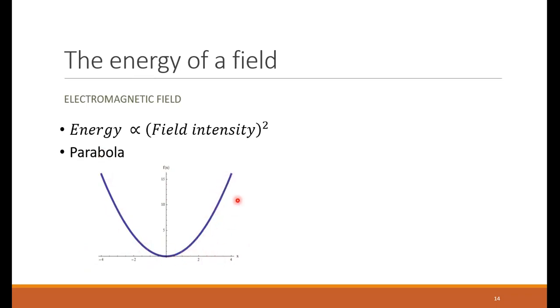Now, a key feature of this graph is that it touches the origin here. When the field value is 0, the energy is 0. We say that the vacuum expectation value of the field is 0. So somewhere far out in space, away from mass and away from any charges, the field energy would be 0, right? And this is how most fields are. But